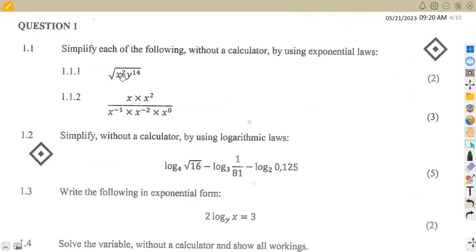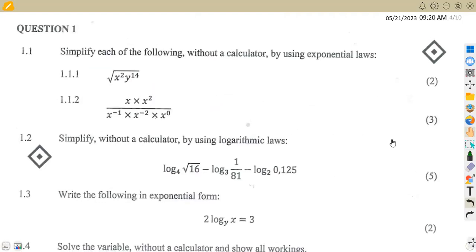In this case, we have got the first part of the question. Question number 1, where we are asked to simplify each of the following without a calculator by using exponential laws. So we are required to use exponential laws in order to simplify. Okay, so the first part is 1.1, where we are given the square root of x squared y to